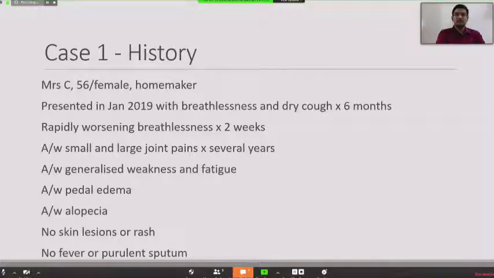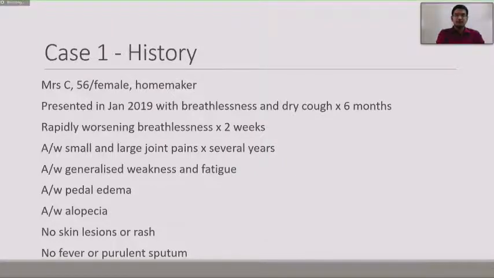So, this is a case which I saw about a year and a half ago. She was a 56-year-old lady, a homemaker. She presented to me in January 2019 with progressive breathlessness and dry cough for about 6 months. And she said she had rapidly worsening breathlessness for about a couple of weeks before she came to me. She did have several small and large joint pains for more than about 10 years, but there were no deformities. And she had recent onset weakness and fatigue,